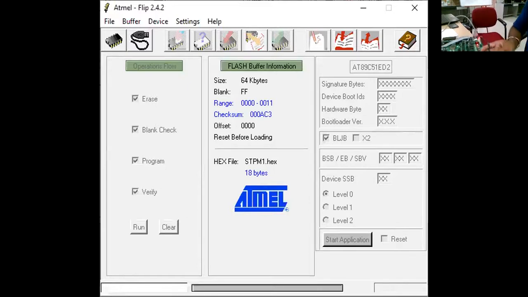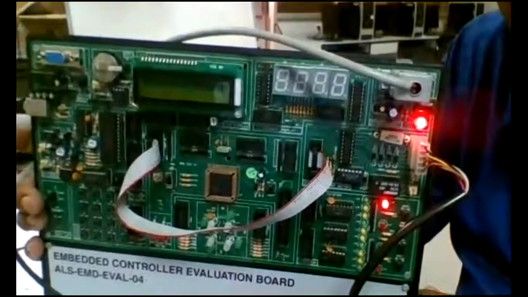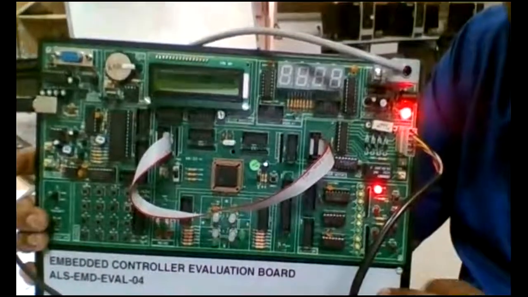So just I will show this kit. You can see here, this is your kit.